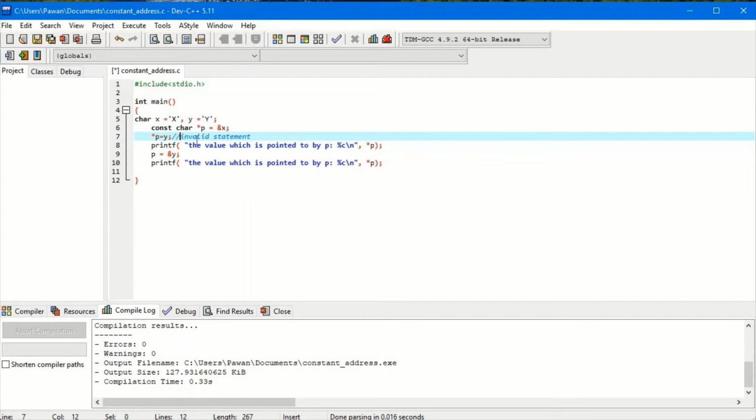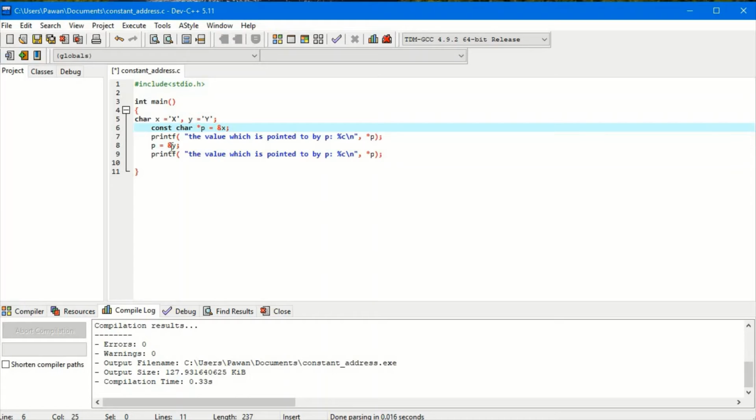Simply, p is the address of x, but x itself is the value, and asterisk p means the value at that address p. The value at p we cannot change because it is constant, so it will say invalid statement. So we cannot do this here.